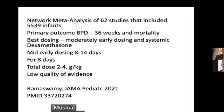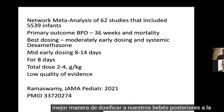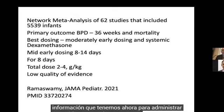Not grams, I'm sorry about that. Don't give grams. For 8 days. And they said that it was a low quality of evidence as this being the best way to dose our post babies. So again, the best information we have now for giving postnatal steroids to treat BPD is